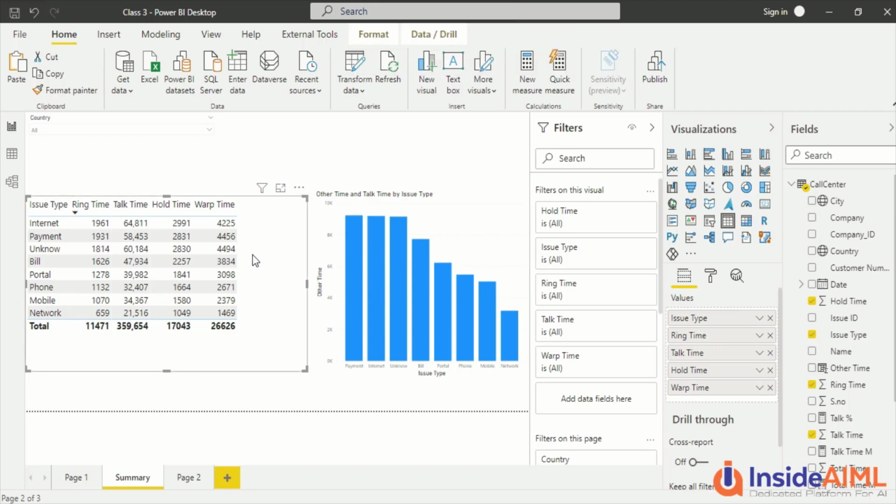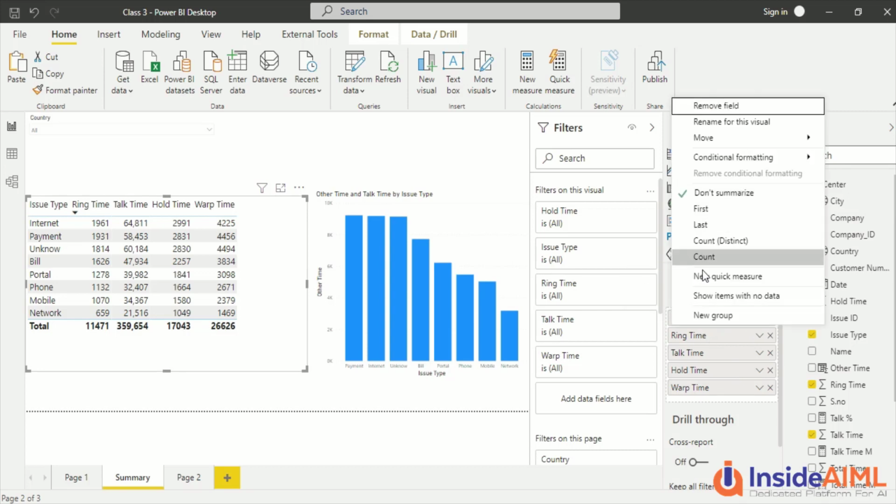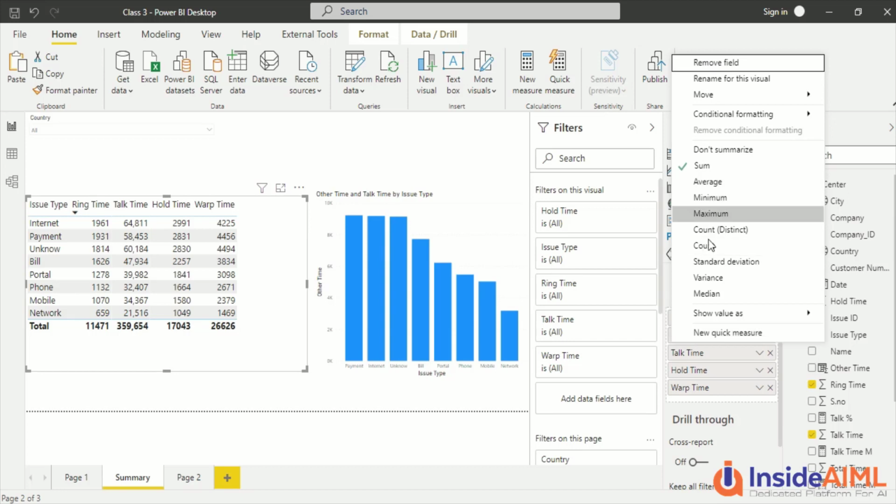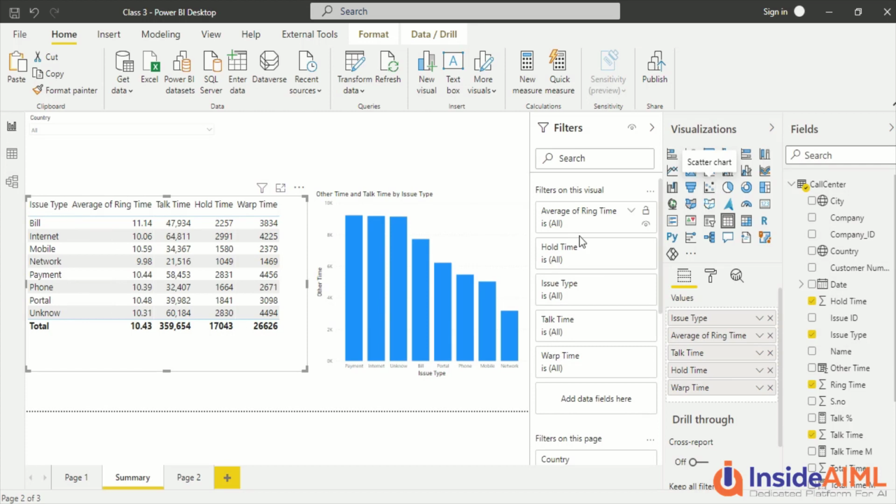Table visual is one visual where one thing you have to remember is that the values are not going to repeat. Even if something is repeating and I put it in, it is not going to repeat. Though we only see value here, for the columns which are unsummarized, like if you right click here and say don't summarize, or you click here and say sum, I can change the summarization. Right now I can go ahead and say it is average. Even if I select everything which is unsummarized, it's not going to repeat. It's going to give the distinct value only.